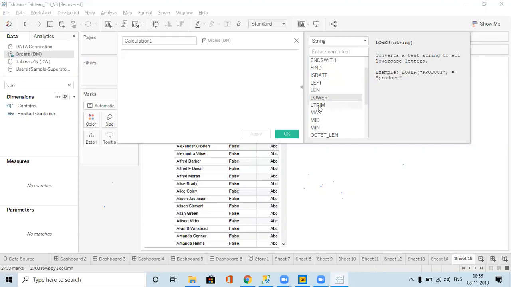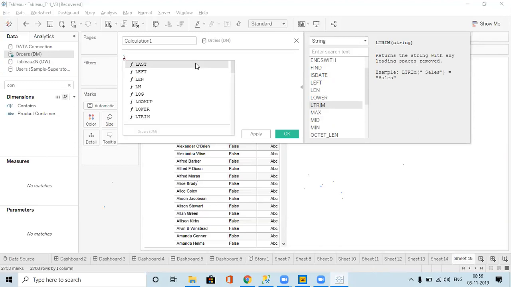Then we have LTrim. First of all, what is meant by trim? It removes the unwanted spaces.